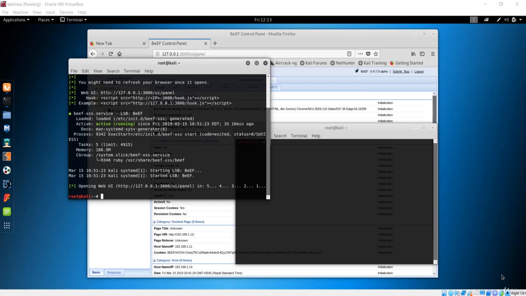Welcome to this lecture. Now let's learn another method to hook this client browser to our Kali Linux, and this is done by ARP spoofing. We have already learned about the man in the middle attack in the previous lecture, where we were in the same network and could execute ARP spoofing by getting the target, and basically get any information that is inside that man in the middle framework.